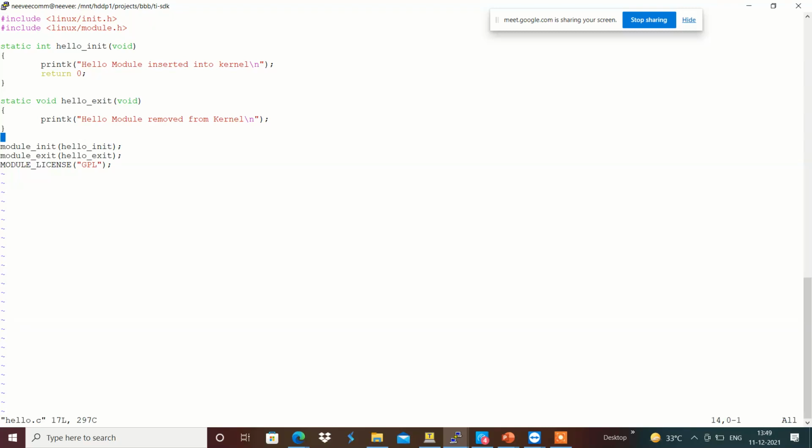Inside that, I'm going to add a module_param.